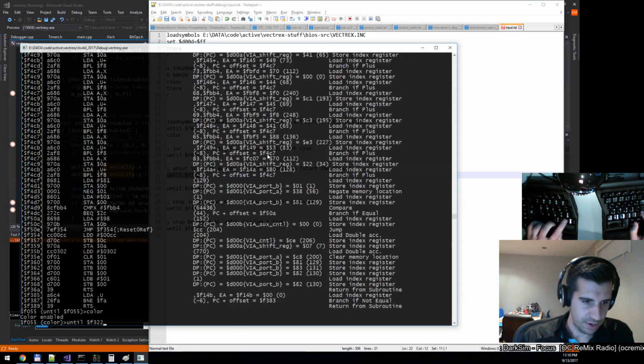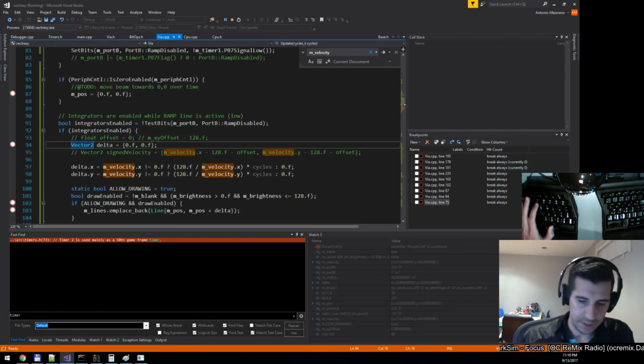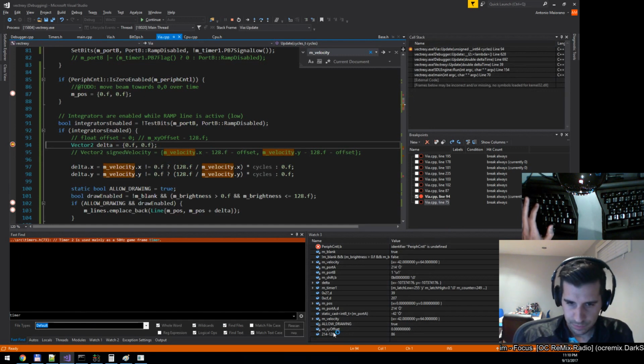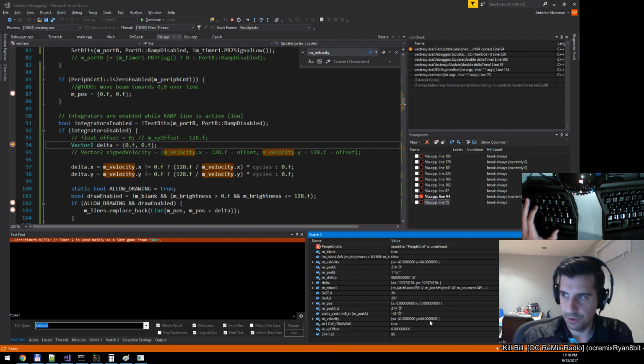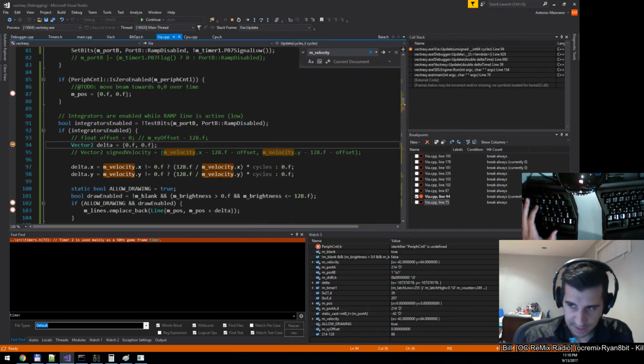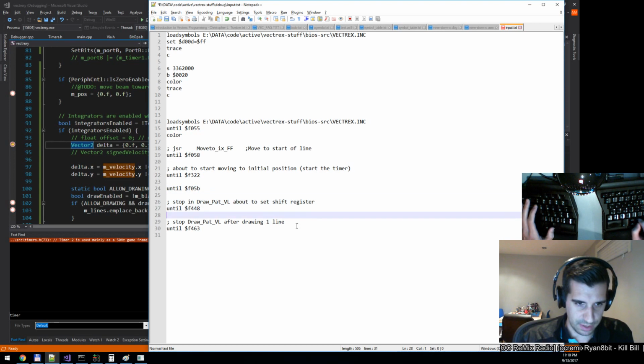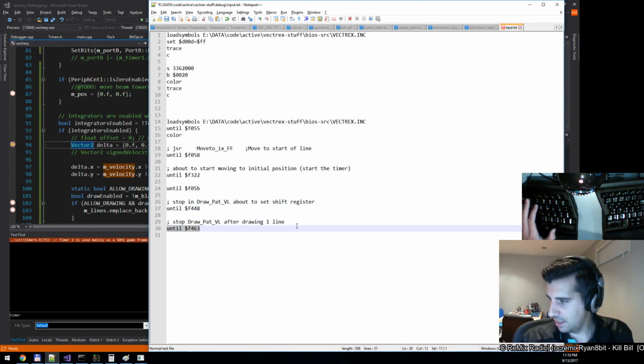So let's go there. So let's see now what this looks like. 0, 0. Velocity is minus 42, 64. Okay, so that's back to where we want it to be. Now this time, if we run until after drawing the first line,